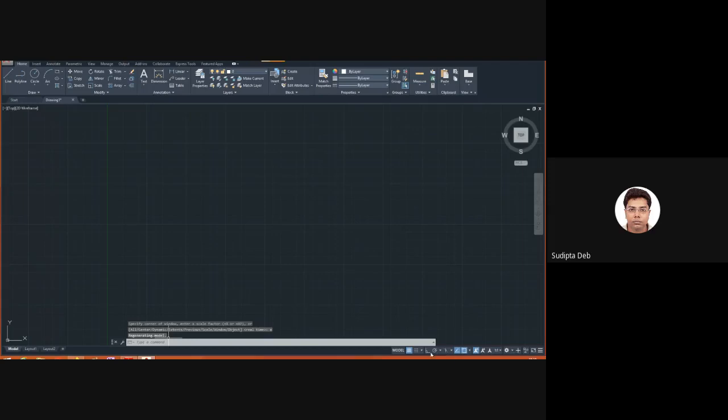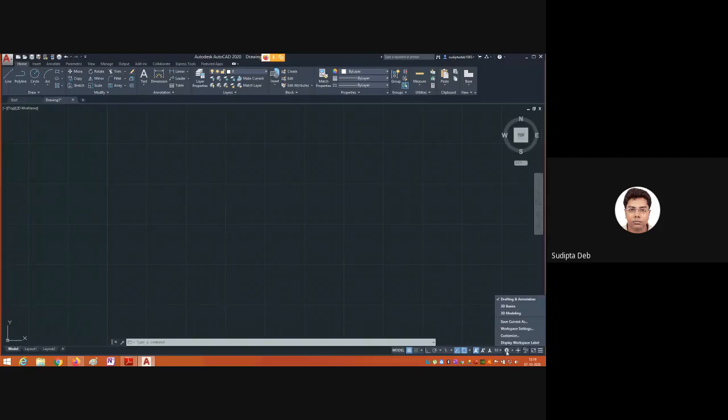Now this is the status bar. The status bar is also used for different purposes. Let me discuss one thing. If I click here, you see Drafting and Annotation. This is the workspace switching.